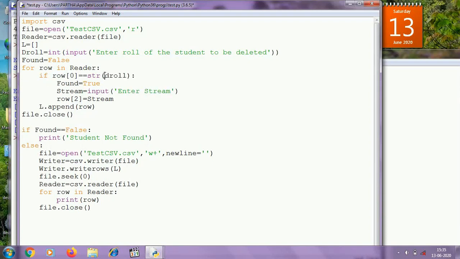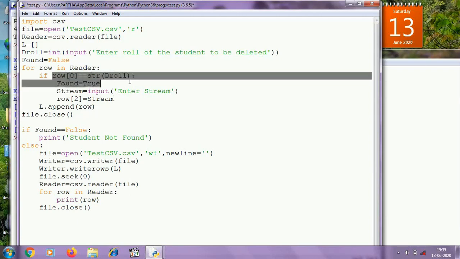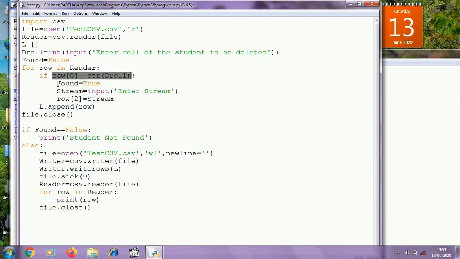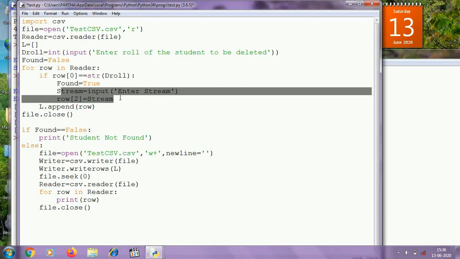In this program I am using the variable name droll, that means the roll number of the record which will be deleted. And if this condition is true, then I write found equal to true.